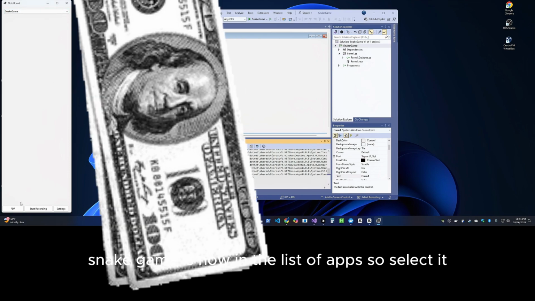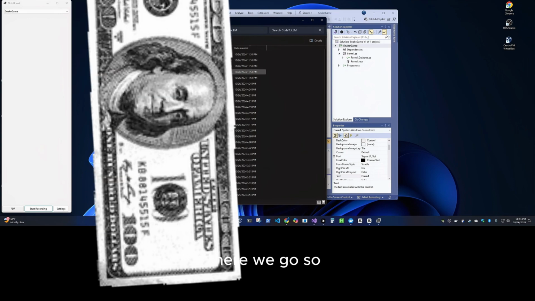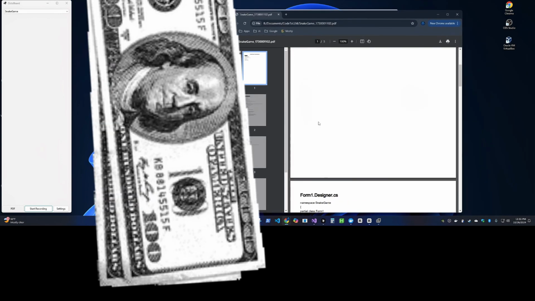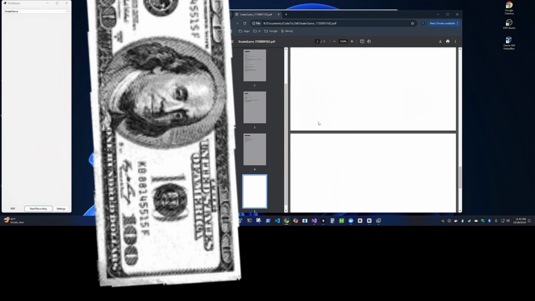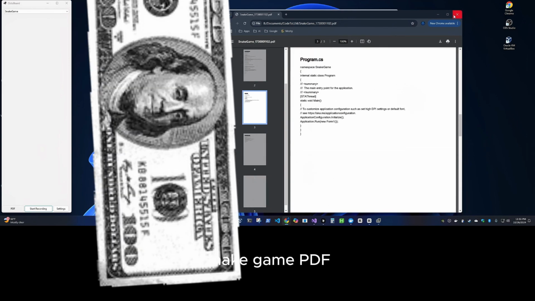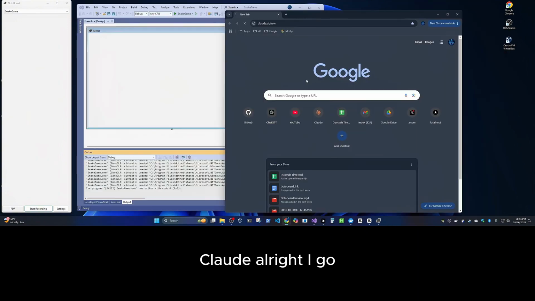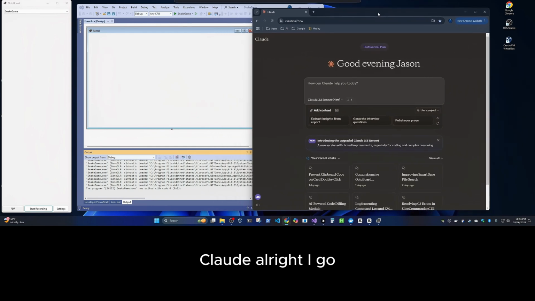We'll select it. Now let's see if we can generate a PDF. Yeah, here we go. So we have a snake game PDF. Claude. All right. Go.